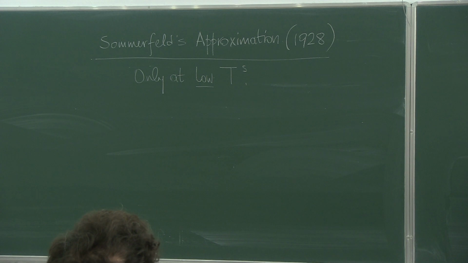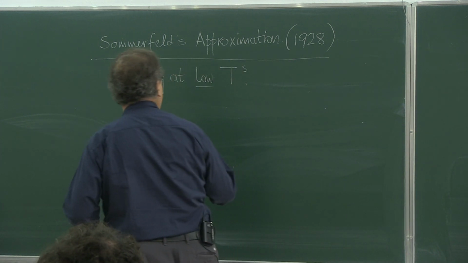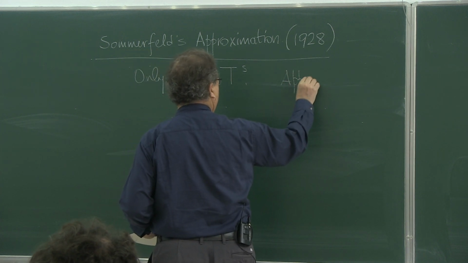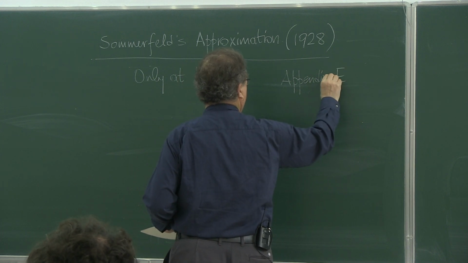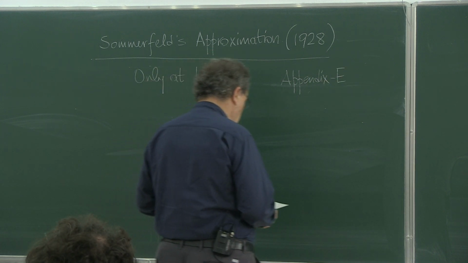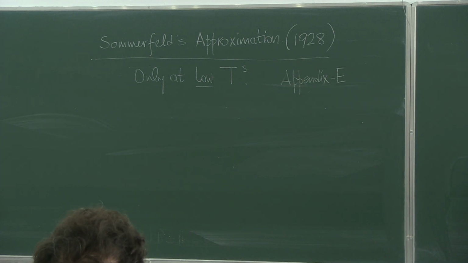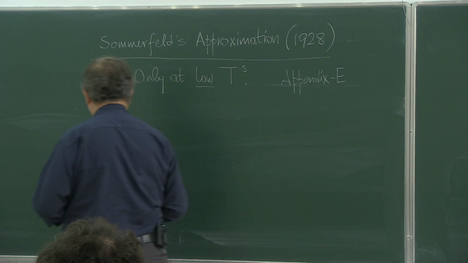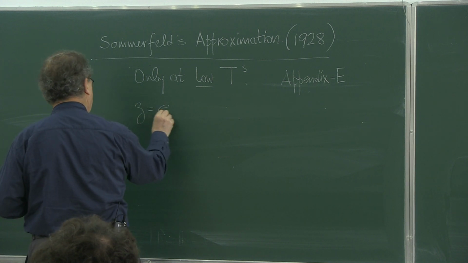You can read about it in Appendix E in your book. This makes life quite easy in this limit. So you can derive whatever you like by using this very handy approximation. Remember,